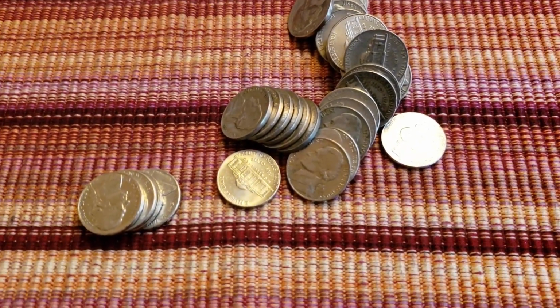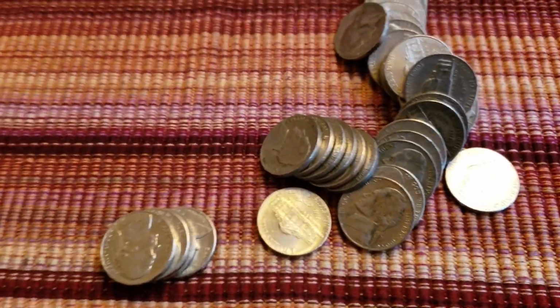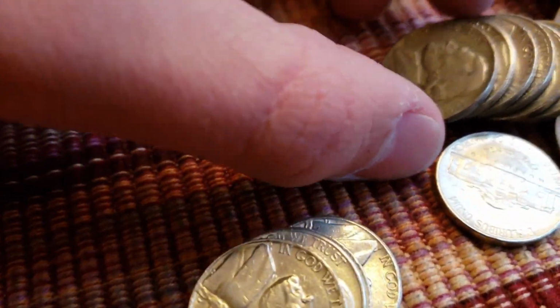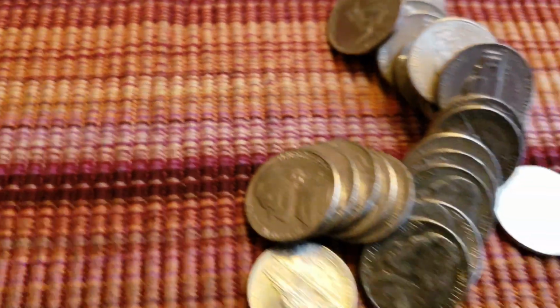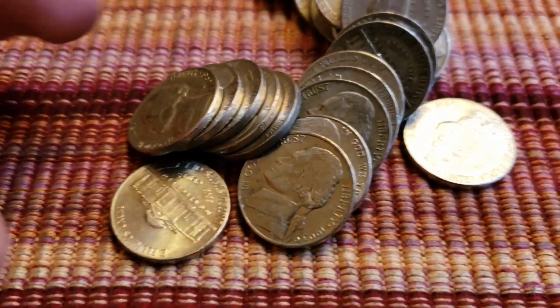Well, guys, we're back. I think we got a find right here. We just dumped out the roll. I don't know what roll this is. I've lost count a little bit, but it doesn't really matter. What matters is that I think I have another find, a 1940 plain, and I think there might be a few others in here. Look down here, nothing else, but it looks like